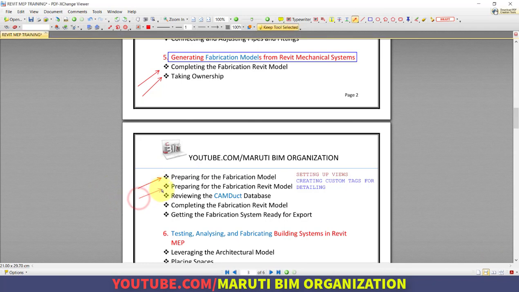fabrication model and we will set up the two parameters. One is setting up the views and another is creating custom tags for the detailing. So we will do all these steps in this video. So I will go to the Revit